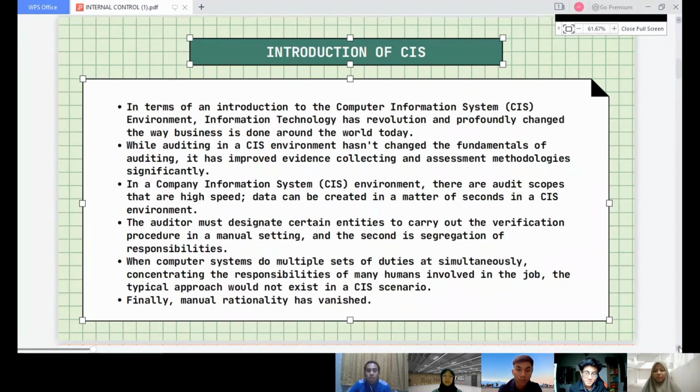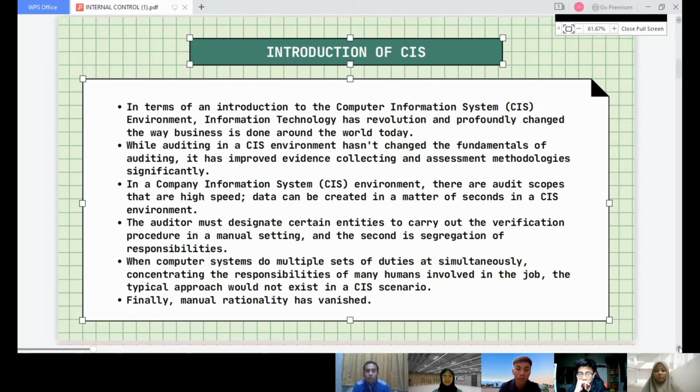So, what is CIS? In terms of an introduction to the CIS, or we call Computer Information System, information technology has revolutionized and profoundly changed the way business is done around the world. While auditing in a CIS environment has not changed the fundamentals of auditing, it has improved evidence collecting and